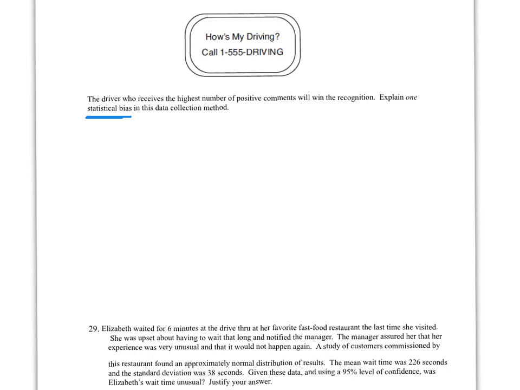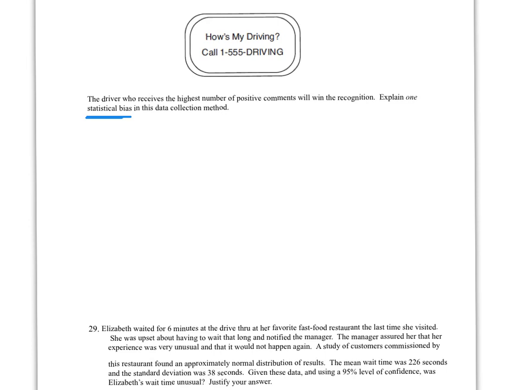I don't have the desire to call. I'm busy trying to get from point A to point B, on top of the fact that they tell us we shouldn't talk on the phone while we're driving a car. So that would be another reason why. So it could be anything from, well, we shouldn't really be talking on the phone while we're driving, so not a lot of people will call this number. So how can we rate a driver based upon the number of positive comments when maybe people who are out there driving are trying to be cautious and not